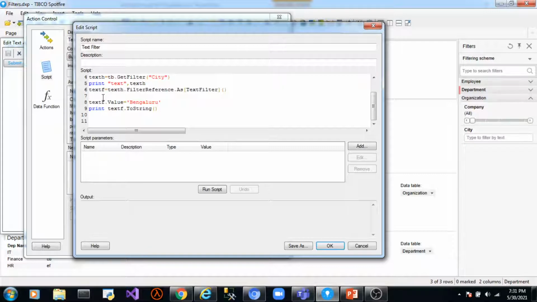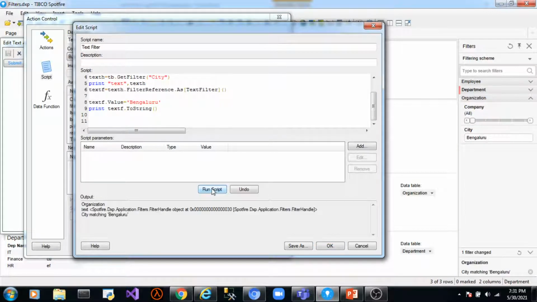So after getting the text filter object, we can use this property value on that object, text filter dot value, and we can set it to Bangalore. If you run this script, this city will be set to Bangalore. This Bangalore will be passed and the filter will be set to Bangalore.